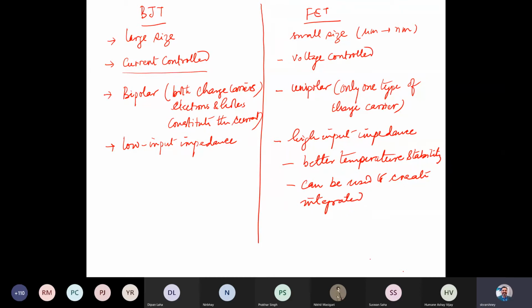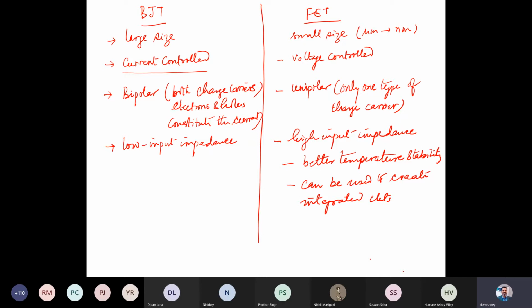Integrated circuit means a large number of devices integrated for different functionalities, whether analog or digital. It takes less area, so we can have high density integration. So this is the basic difference between the BJT and FETs.